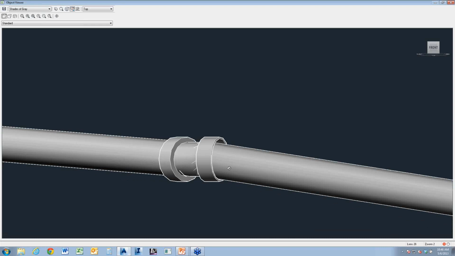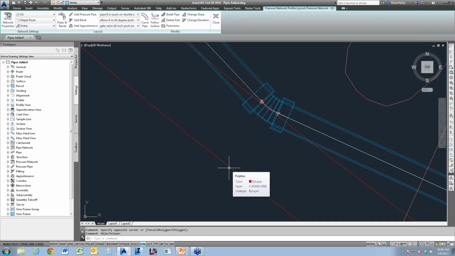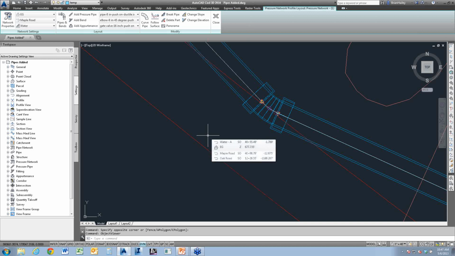So I have another question for you. From Mark: can you do a design check on the entire network? No, you have to tell it where to start and where to end. So it's along the path. But if my network doesn't have any branches, then yeah, I can. It's kind of along the same lines as applying the rules in a pipe network. You select the start, you select the end, and then it'll go from there.